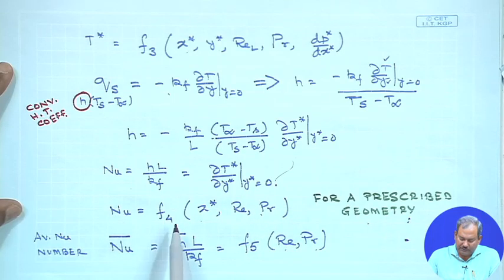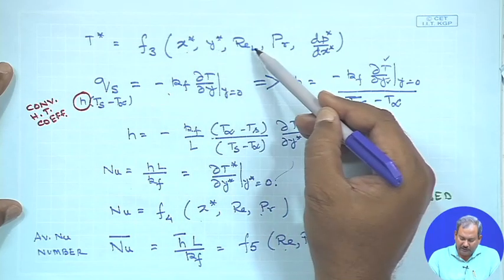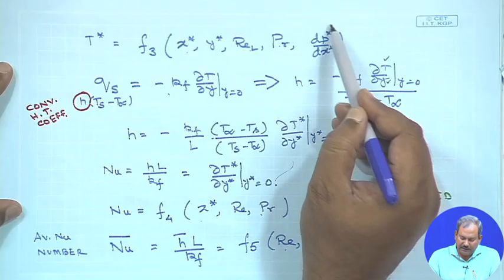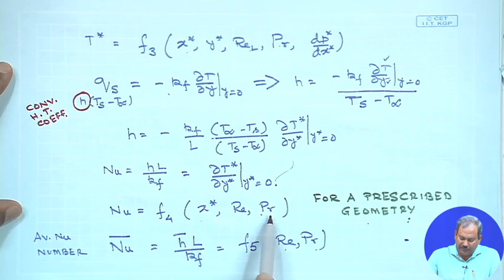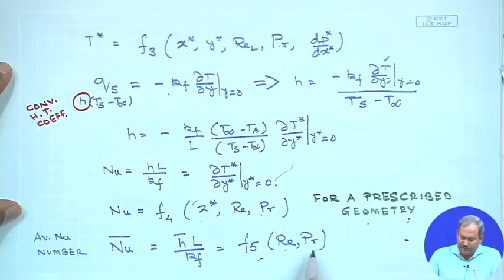The functional form of Nusselt number, which I call f4, should contain x star, y star is specified, Reynolds number, Prandtl number, and if I specify the geometry, then dp dx would not appear in the functional form of the Nusselt number. So, this is what Nusselt number is, and if you find out an average value, that means length average value of Nusselt number, your x star would also not be there, since you are integrating this from 0 to x star, from 0 to L, the entire length of the surface. So, in that case, the average value of Nusselt number is simply going to be a function of Reynolds and